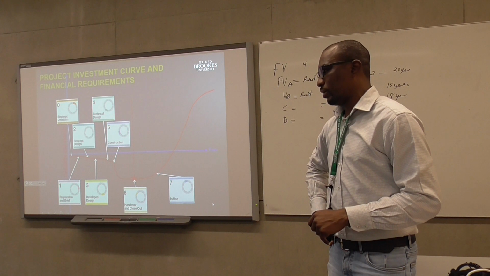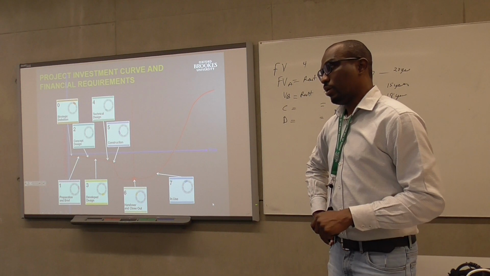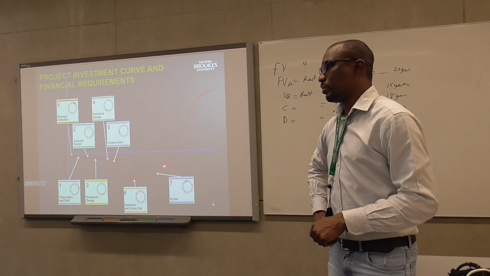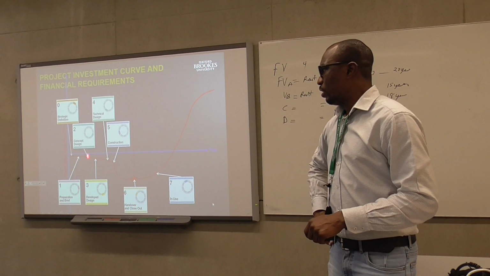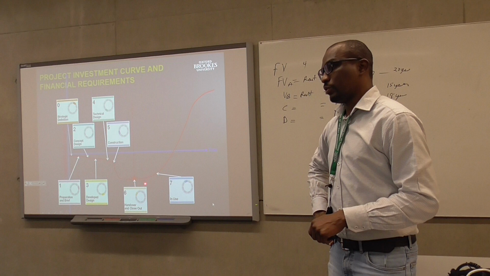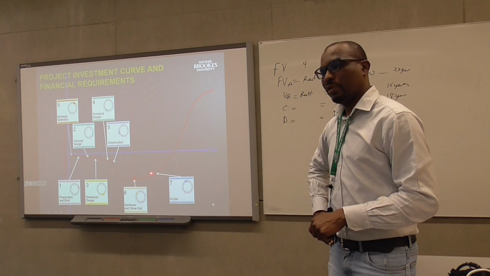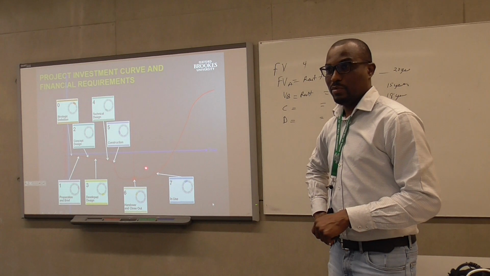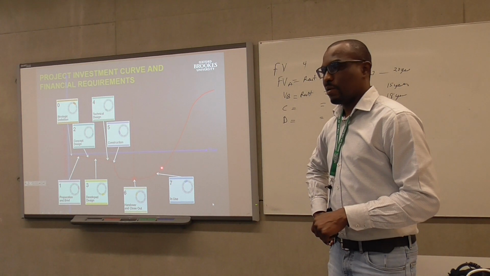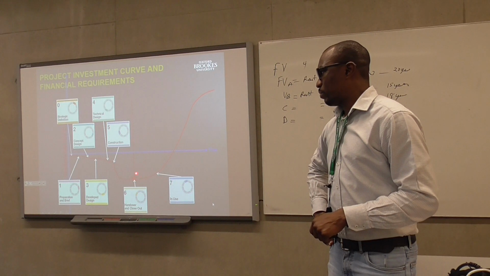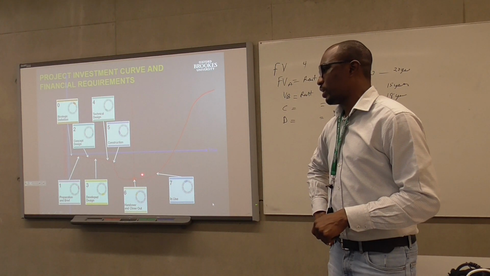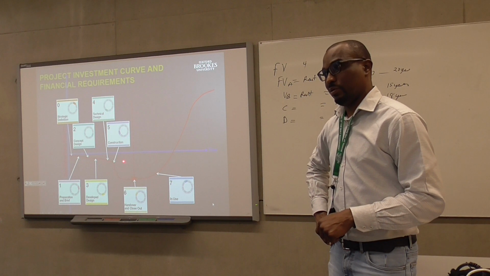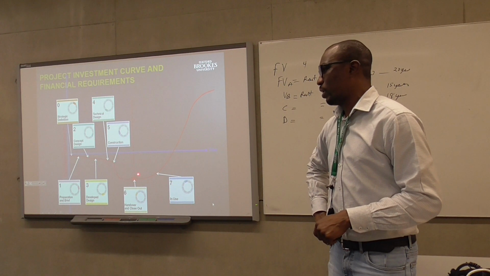What you ignored here is that there's an interest component. For whatever money goes out, they'll be charging interest on it as well. So let's say you spend 10 million for construction, and the interest on the loan is maybe 10% per annum. It means for the first year, the interest being charged is 1 million. 10% of 10 million is 1 million, which means the interest alone is 1 million.